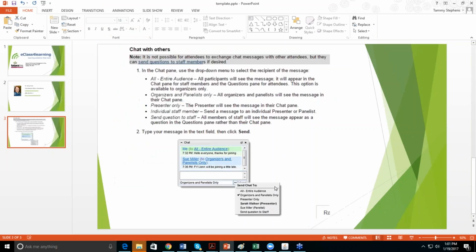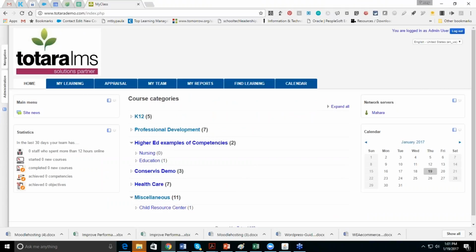Okay. So with that, I'm going to switch gears away from the PowerPoint and move into an actual Totara demo site. And we'll get started. There's a lot to show today. Totara has so many tools to help with performance management. And I'm going to go through a workflow that I sort of recommend to help with performance management in your